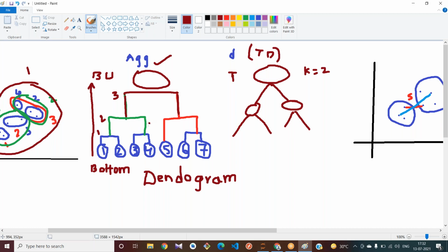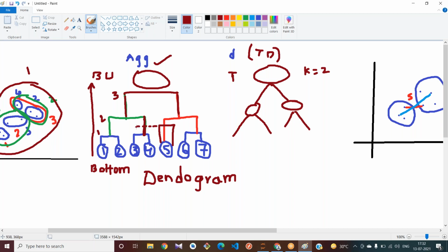Suppose here you have one cluster. If I choose this particular vertical line for my optimal value of K, there is a horizontal line passing through it. We should not choose this line even though it is large.